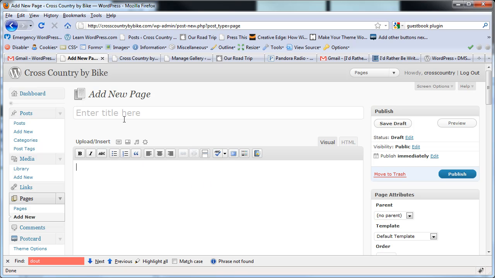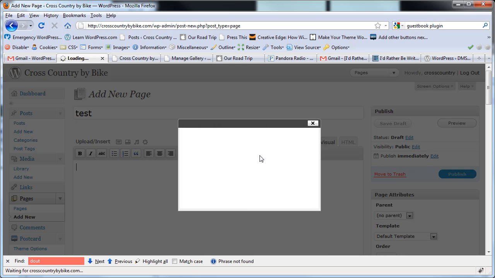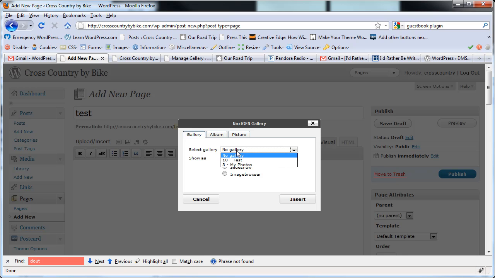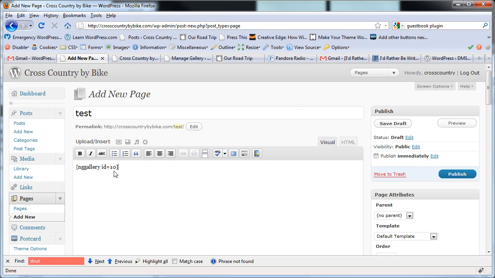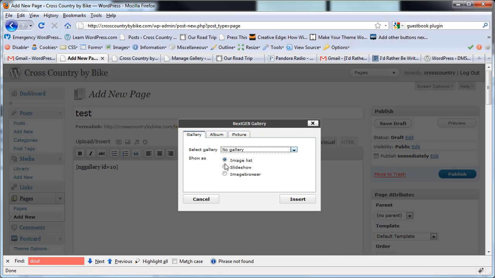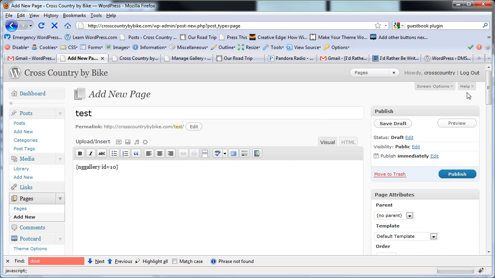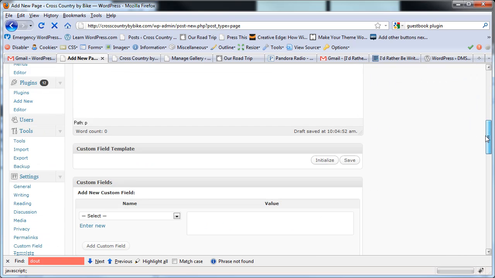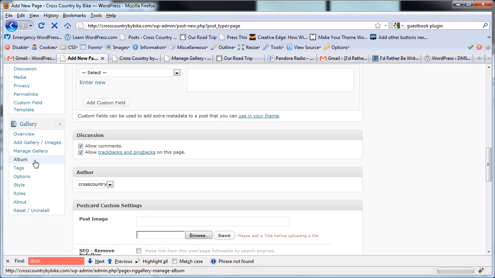So I'll show you what I mean by that. If I go to a test page, there's a new button here that appears on the visual editor, and I can add a gallery, my test gallery, and it's just going to use some shortcode, or I can add an album. And let me just give you a quick little tutorial on how the album part works. I'm not going to actually publish this. You can see that for yourself. But if you come down here to album,